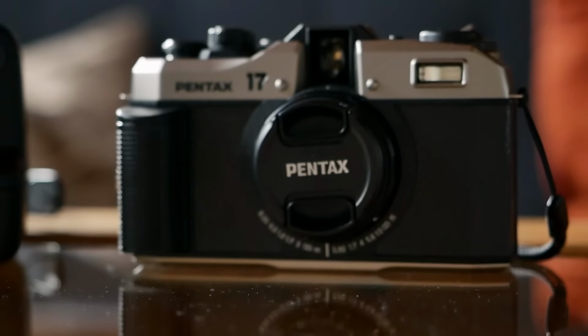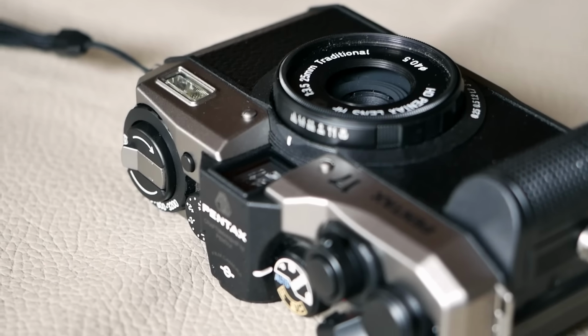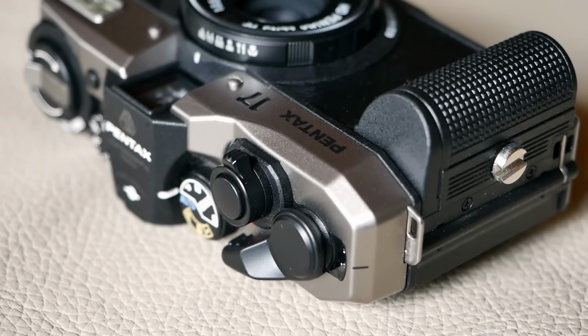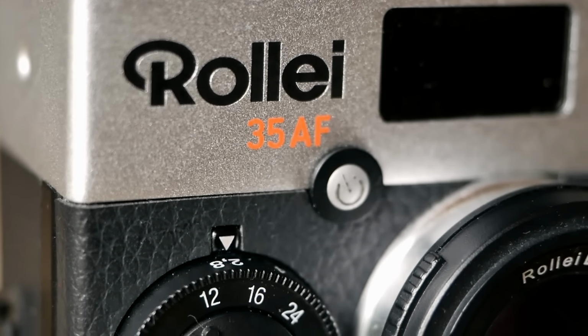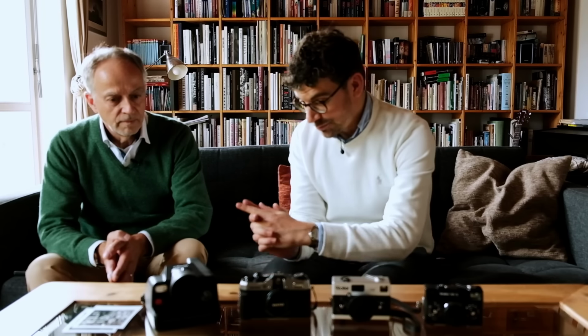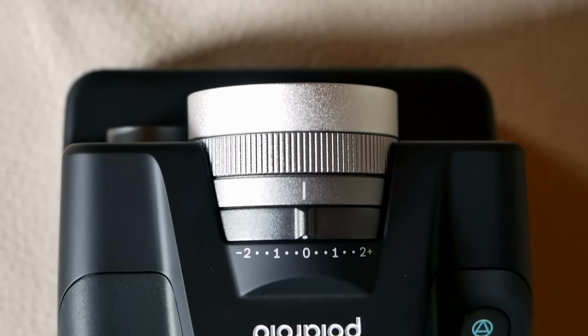Greg, you recently had a chance to take the Pentax 17 with you to New York, and it was also requested by the community. What is your opinion about it? And you also got the chance to test the Rollei 35AF, and of course we're super curious to hear what you think. But before we go there, briefly, I also wanted to include the Polaroid I-2